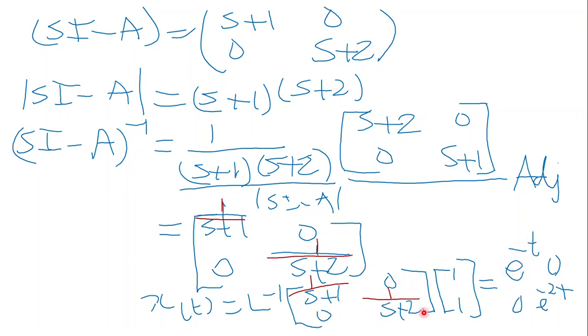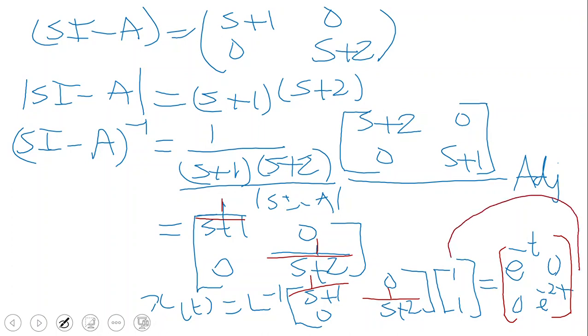0, 0. For 0 again 0. 1 by S plus 2 gives e power minus 2t. So, I think now we can close it. If we are closing it, that means multiplied by that 1 and 1, so this matrix will come here straight away. So multiplied by this, right? Therefore e power minus t 0, e power minus t 0, e power minus t 0, 0